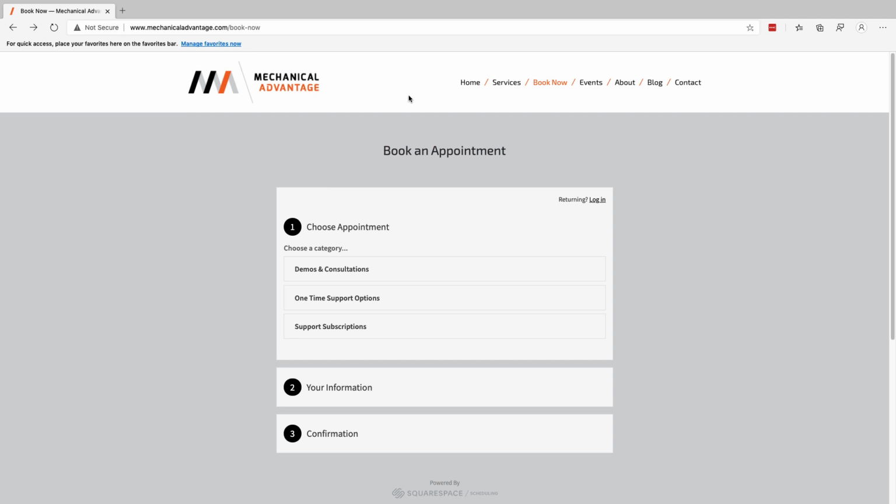And when the website developer gets done, there's going to be another heading up here called training. And there'll be a training overview and training classes. And when you go to the training classes, it'll give a class description of what's covered for each one of the classes and a link to the booking page so you can choose the time and options that work for you. So hopefully you guys will see some nice improvements on the website,